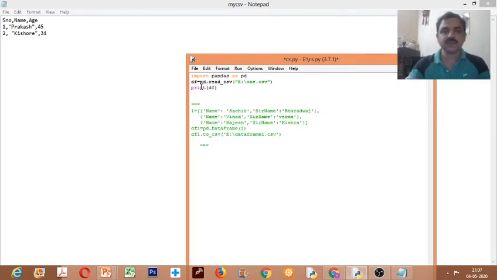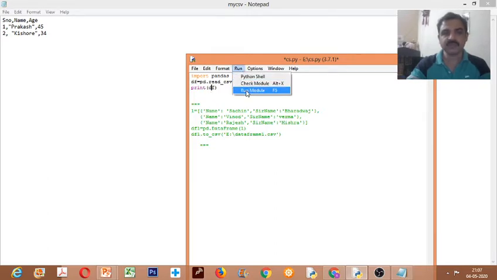Import pandas as pd, then dataframe equals pd.read_csv. I'm opening a file from E drive. The name I gave here is myCSV.csv, so this is the name of the file. It reads the CSV file, converts it into a data frame, and prints the data frame.